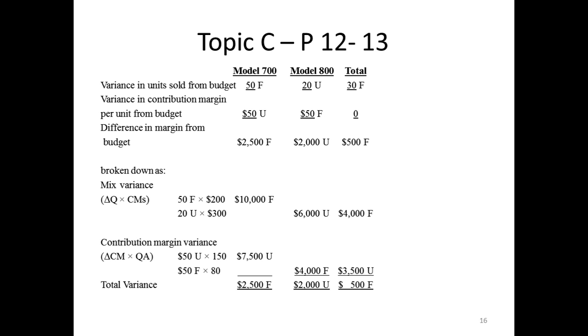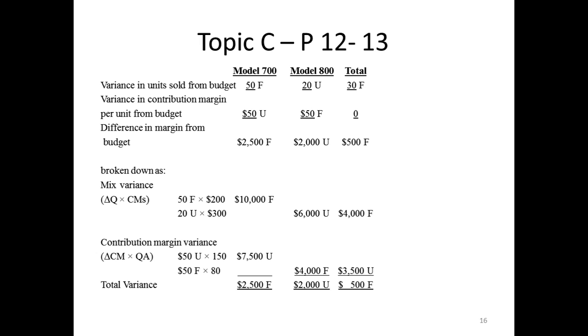The contribution margins have changed during the month because the fax machines were imported and the foreign exchange rates have changed. So in the case of model 800, it looks like the foreign exchange rate must have gone up, and so they've raised the price. But in model 700, the foreign exchange rate must have fallen, which tells me that the parts for these things are manufactured in 2 different countries. So that's a signal to us, because if you take a look at Sue's performance, she has a 500 favorable overall